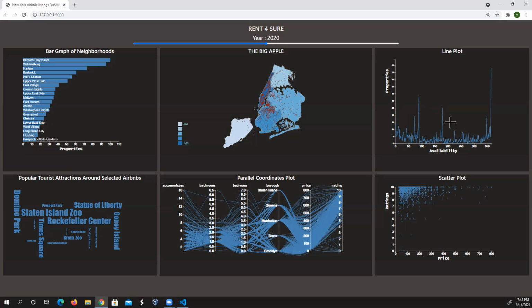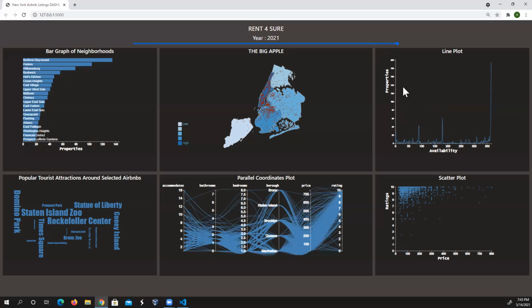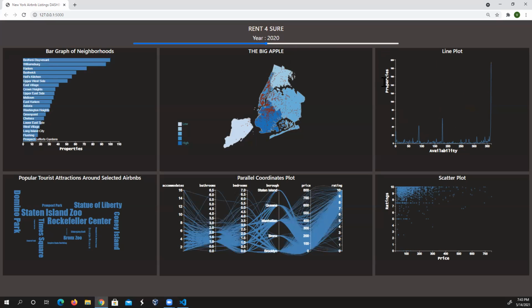As you can see here in the year 2020, the demand was kind of distributed. I mean, you can see an equal number of properties almost everywhere. But when we go to 2021, there is a huge spike in the number of properties that were available for the whole year. That's close to 200, right? So that could have been due to the lockdown and the restrictions in the past year, 2020 to 2021. So this was one more interesting insight with respect to COVID.